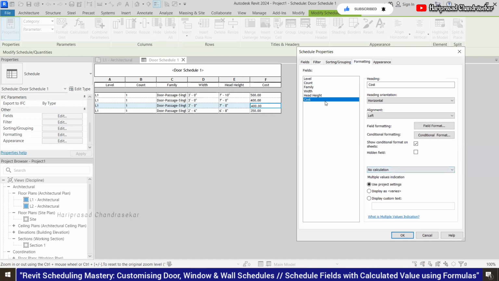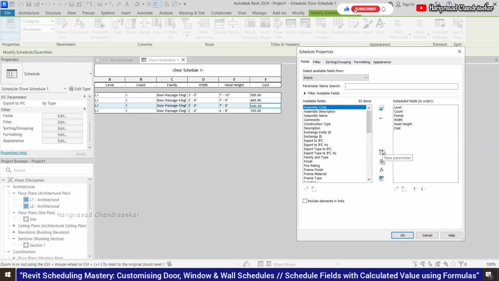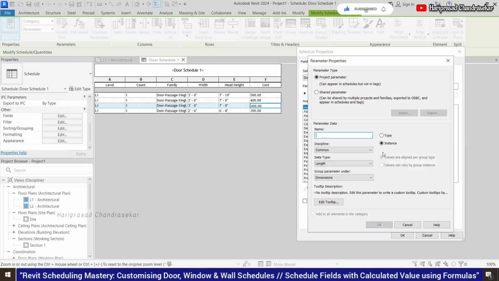In that case, we can also create our own things. So for example, fields. We can also create a new parameter. What am I going to make? I'm going to put a door SFT, door square feet.